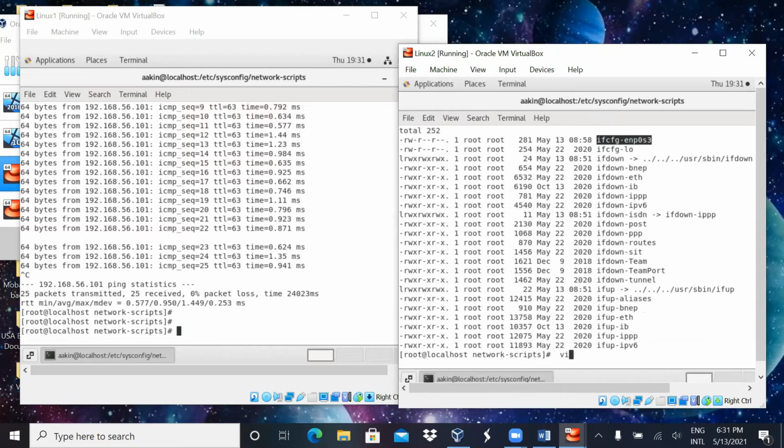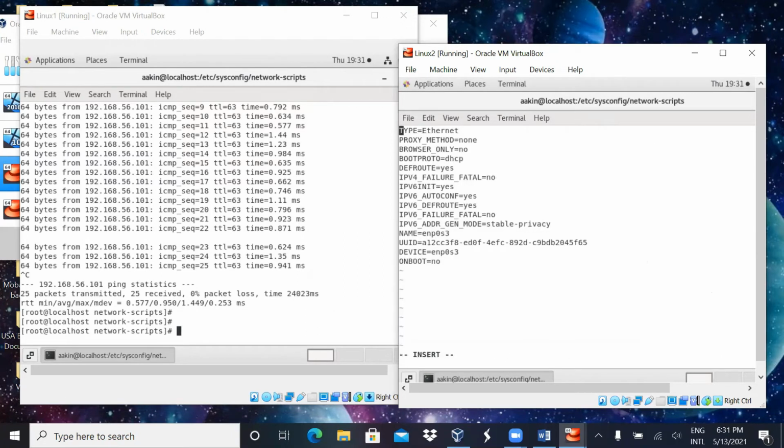We are root, so we can go into vi ifcfg-enp0s3. All right, so vi into that. And then if you don't want to start all over, you want to edit this, it's okay. So IP version 4 will be somewhere here. So we want the IP address to be 192.168